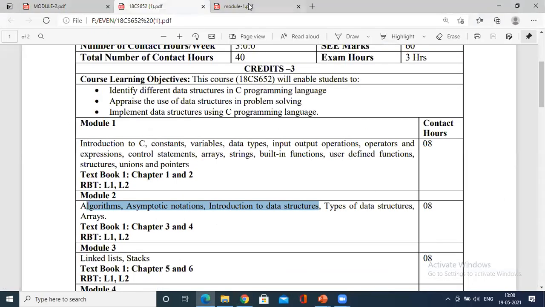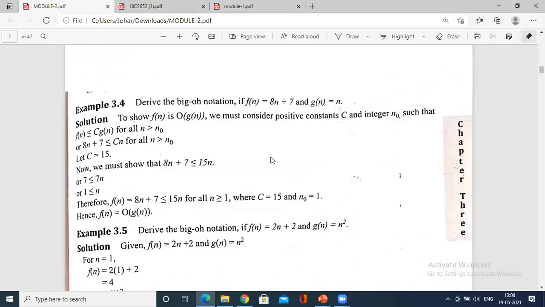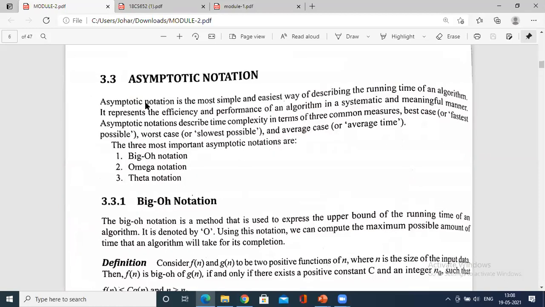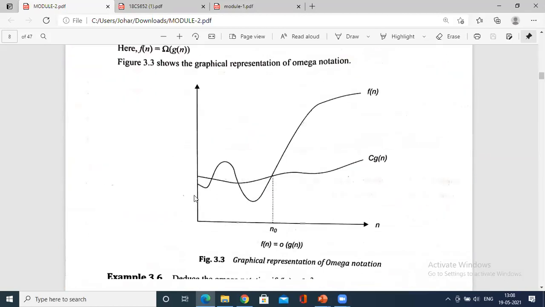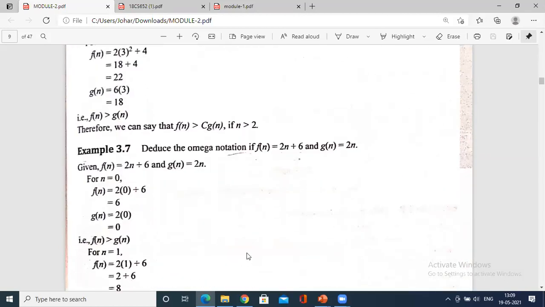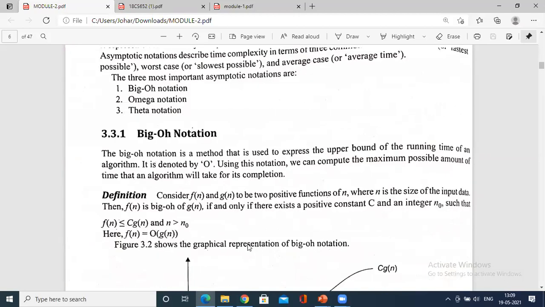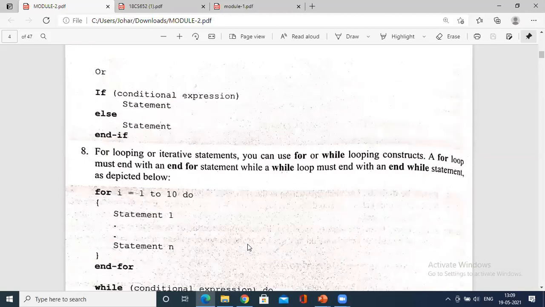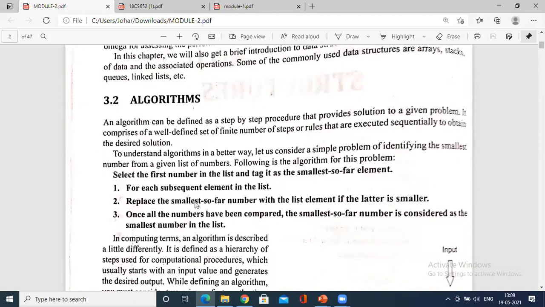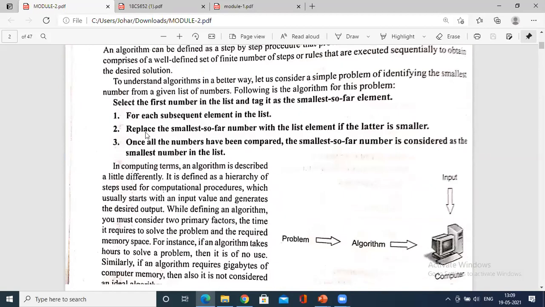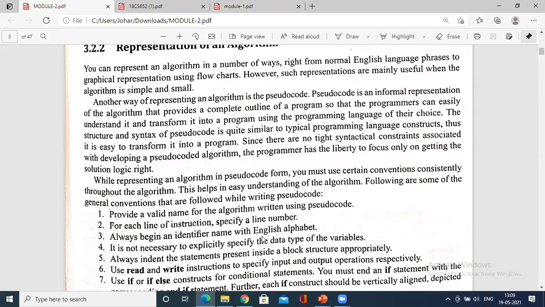For example, if the question is to explain the asymptotic notation, see how simple it looks. Theoretically you have to explain only this: a brief description of this and of omega notation. You don't have to represent the problem, unless they ask specifically with respect to an example, or else they give one, then you could explain. Similarly, what are the characteristics of an algorithm? A very simple answer is given. What is an algorithm? You could write the answer. Characteristics are very simple, 3.2. How do you represent the algorithm? This is one of the ways.